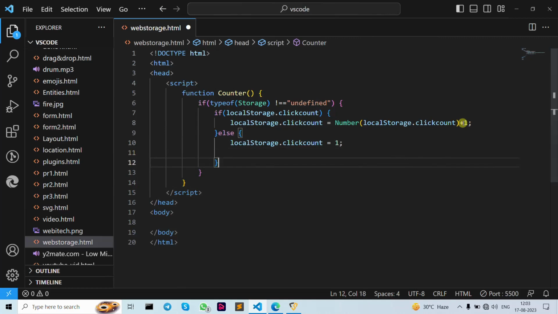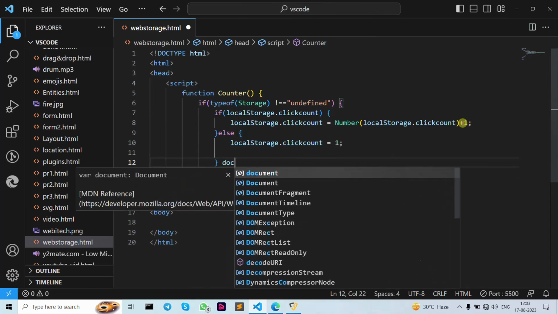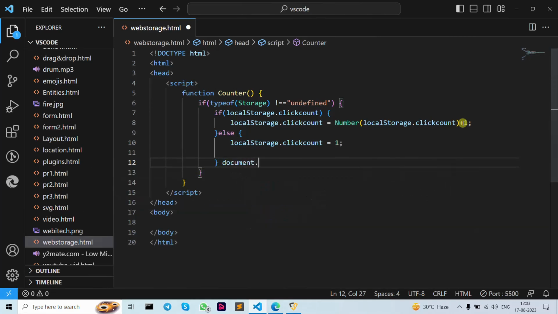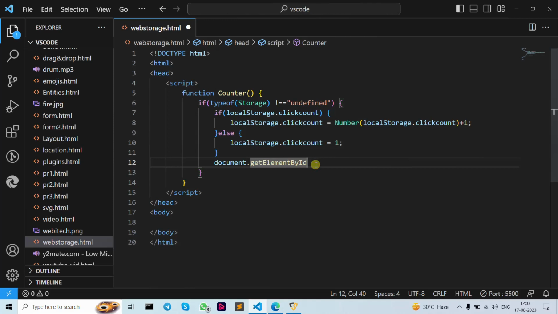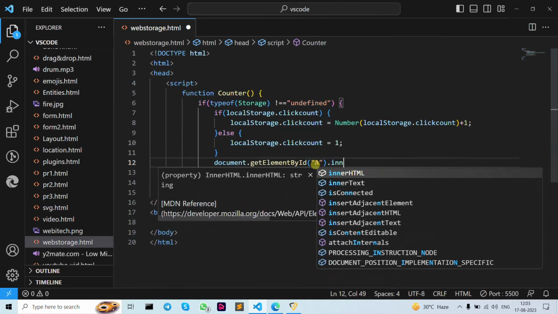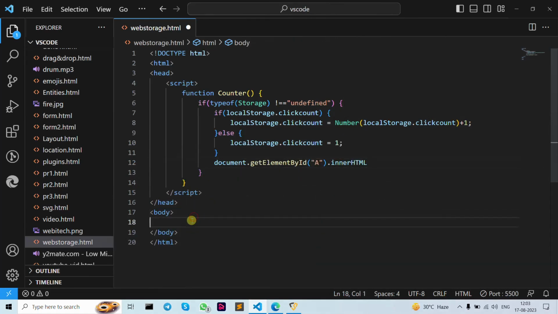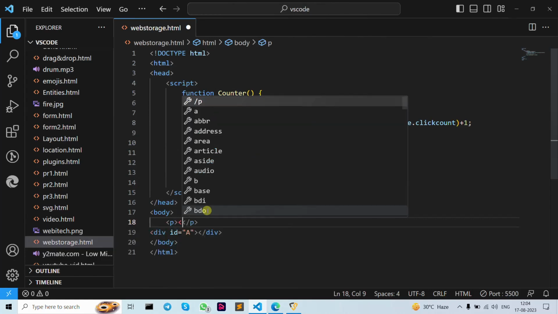Now let's move forward to our document.getElementById. Okay, let's write here our id capital A, then our innerHTML. So let's just first write here our div tag, then our id capital A, then let's just create a button here. Okay, for our button,